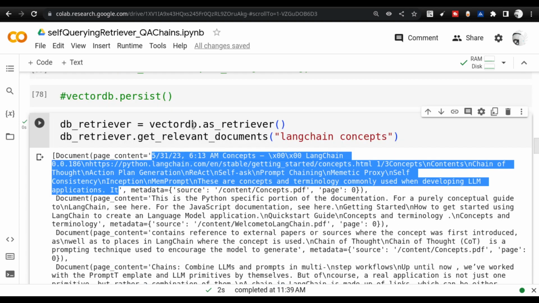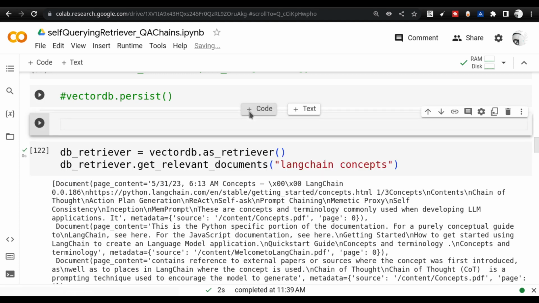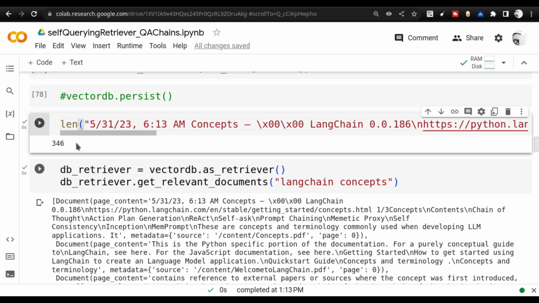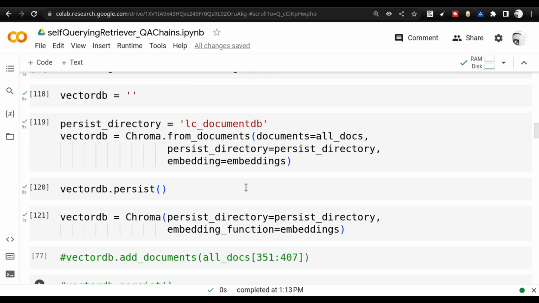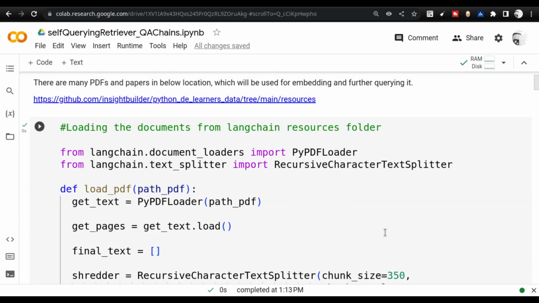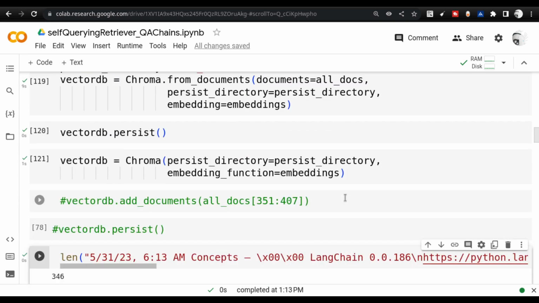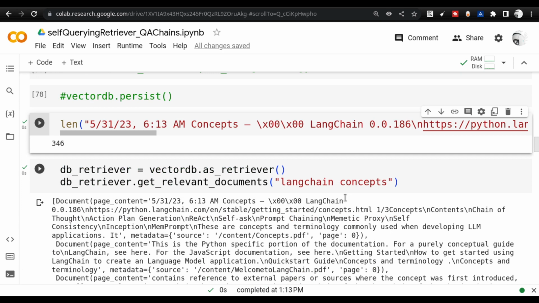What is stopping us? We are anyway using Python, right? So let us see whether we can do a length check on this, and let us see what is the output. We see it is 346 characters long. So whatever split size, chunk size that you are providing, 350, is almost met. This is how you check every aspect of the programming